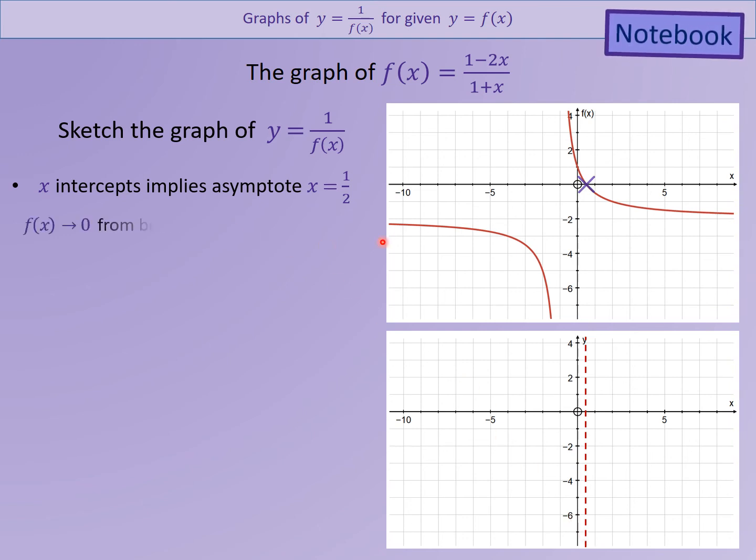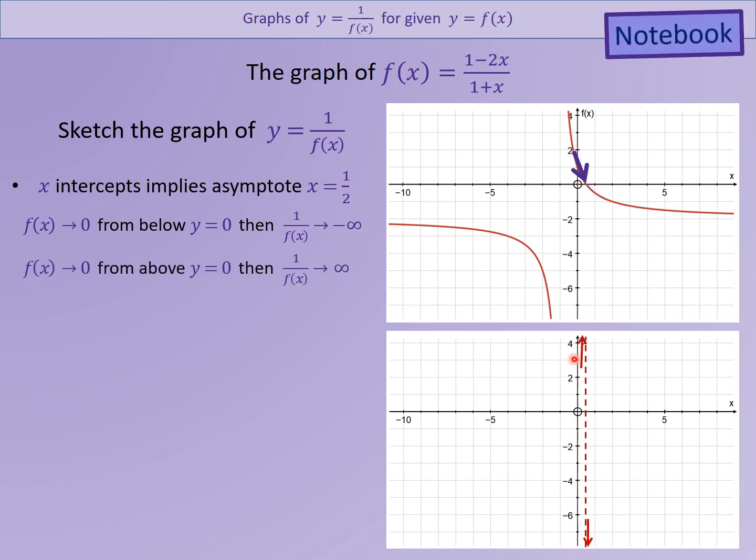I want to investigate either side of that asymptote. So where it approaches 0 here, it's on the negative side, so therefore it approaches negative infinity on that side. Where it approaches this one is positive, so that will be going to positive infinity. Then once I've got both of those, I can then investigate, in this case, the asymptote. So I know there's an asymptote just here,